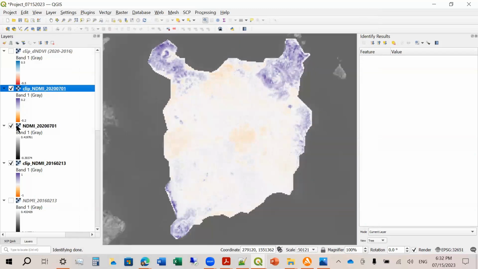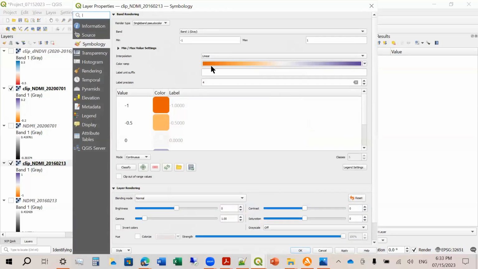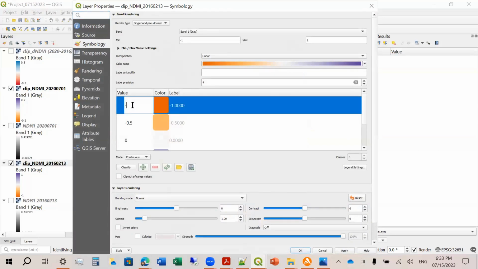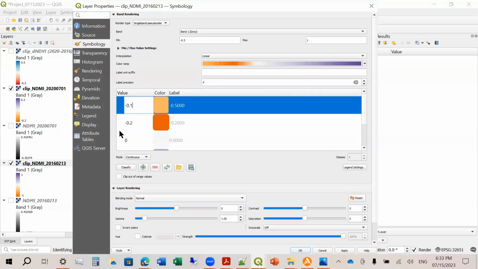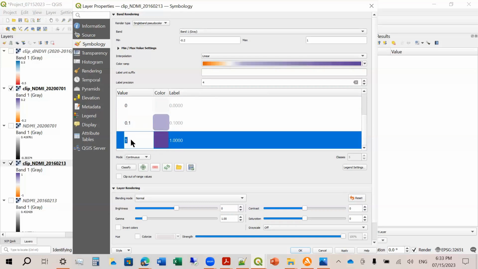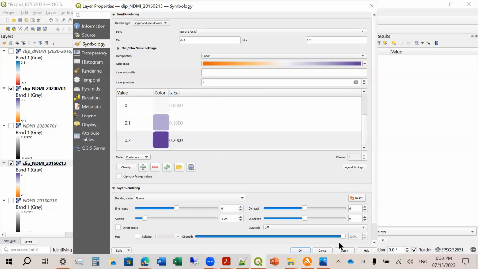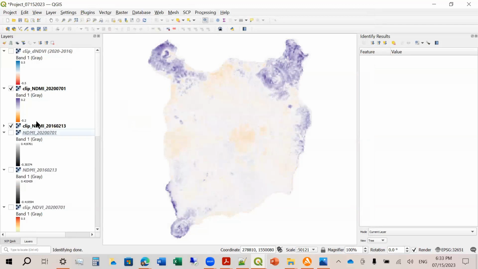So let's try to do that again also here. So 2016 and see the difference. Okay, so this is -0.2. This is -0.1, 0. This is 0.1, and this is 0.2. Okay, then apply. As you will notice here, let me just move it somewhere here. So this is for 2020.